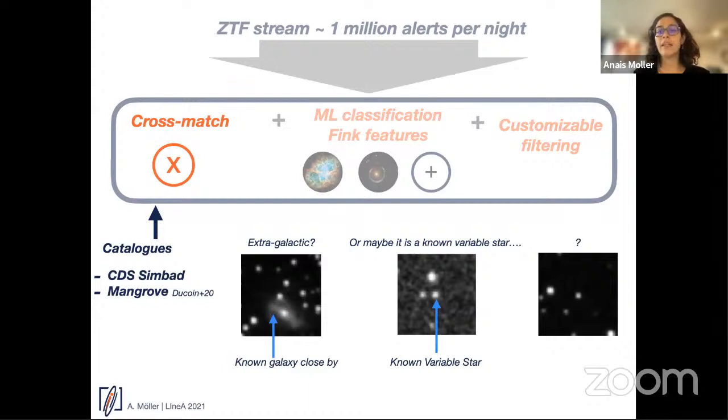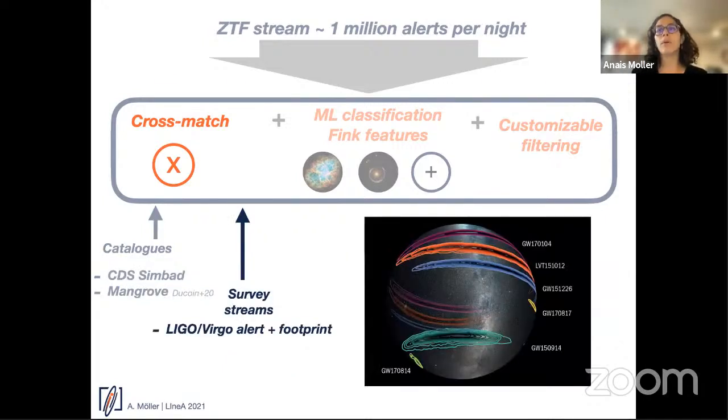Of course, kilonova live in galaxies, so the first one will also be something interesting for them. So this is contextual information. The people in GRANDMA also have access to a catalog called Mangrove, which is a catalog of local galaxies that could host a kilonova. So we cross-match with that. Then we implemented a filtering where, if LIGO Virgo is detecting gravitational waves and they send an alert, and here I'm showing to the right an image of some of the gravitational wave triggers they have had.